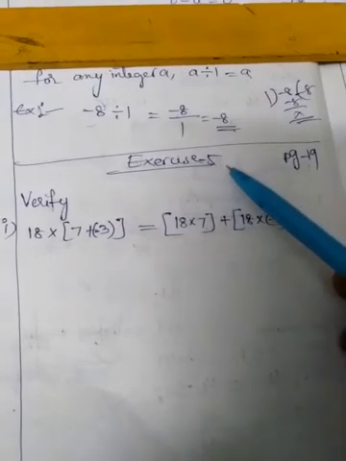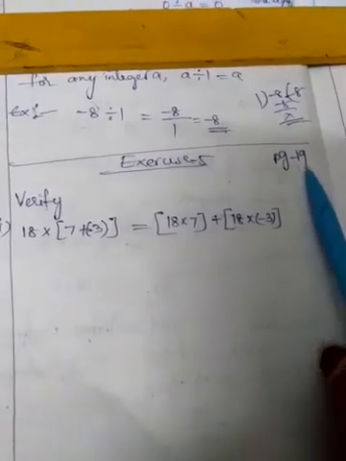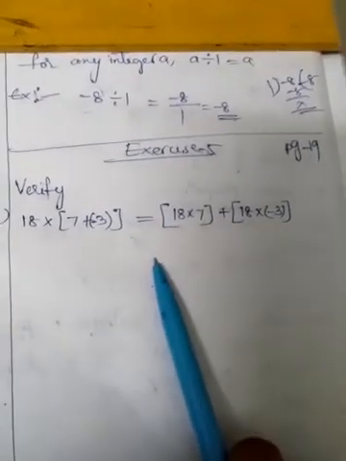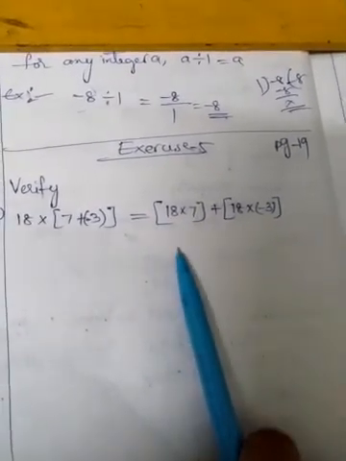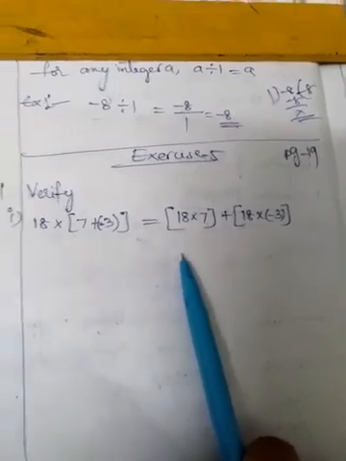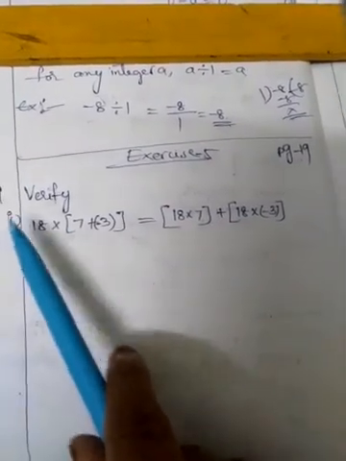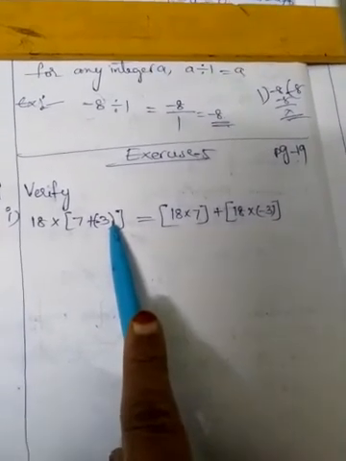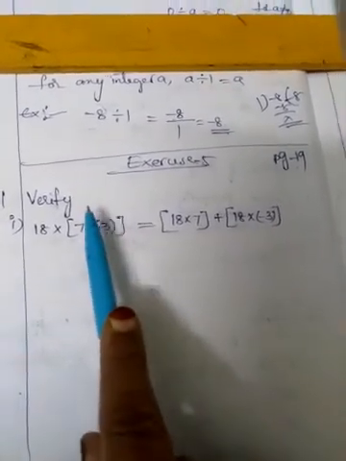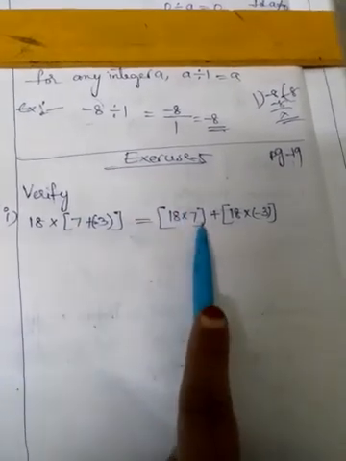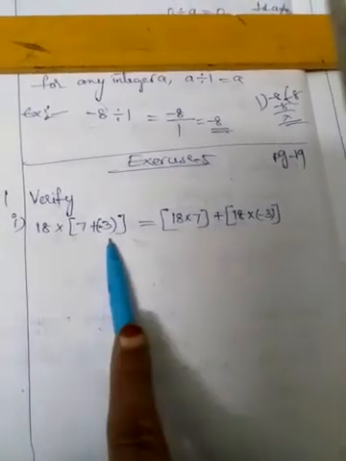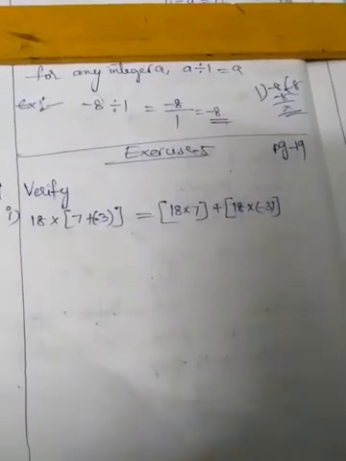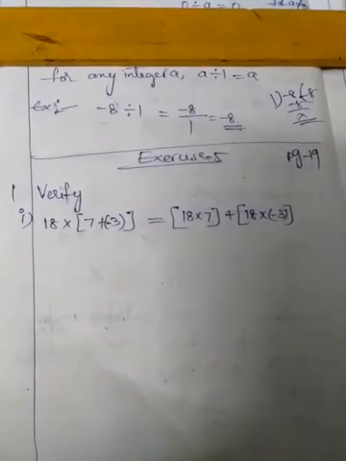After that, go to exercise 5. In exercise 5, page number 19 is there. Okay, verify: the first problem I am giving, listen carefully. The second problem is homework for you. In that first bit, 2 problems are there. First I am telling, second one homework. So first one, verify the following. What is meant by verify? Verify means find LHS separately, find RHS separately. After finding the two, if they are equal, we have verified. Okay, we are checking like that.